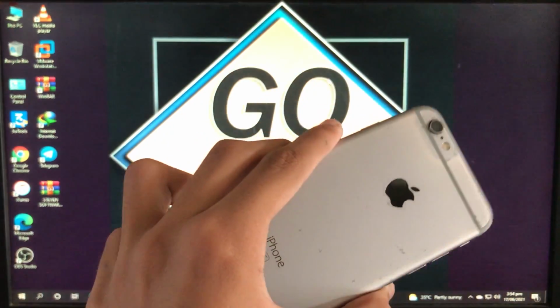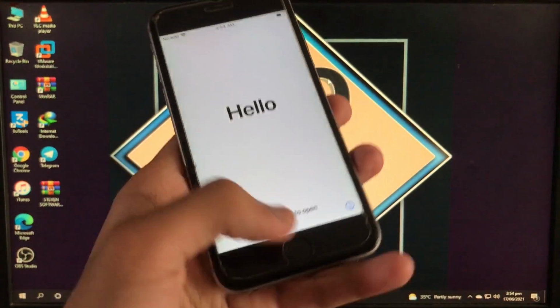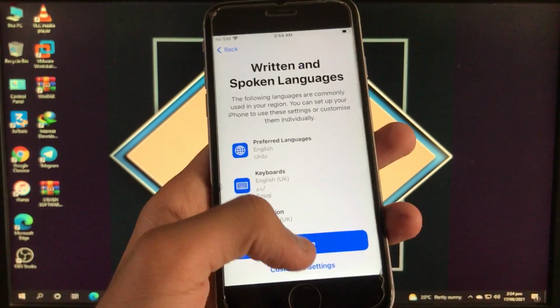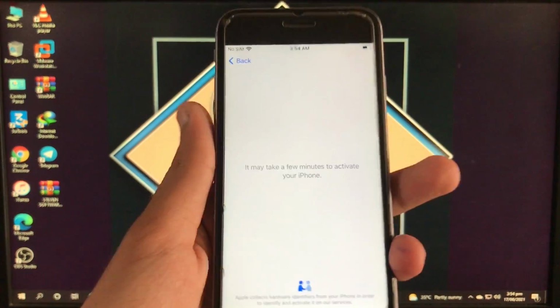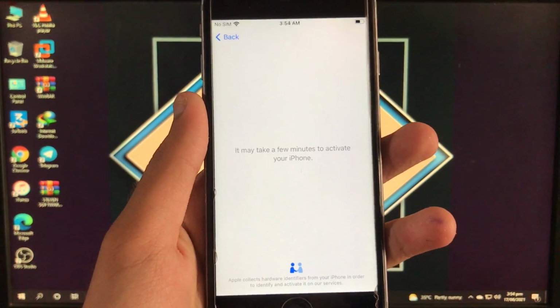It's me Zainab Altaf, and today in this video I'm going to show you how you can unlock your iPhone iCloud with a 100% working method with the new bypass tool, which is going to support the latest versions of iOS like 14.6 and 14.7. This is going to support both MEID and GSM iPhones, and this tool is for Windows.